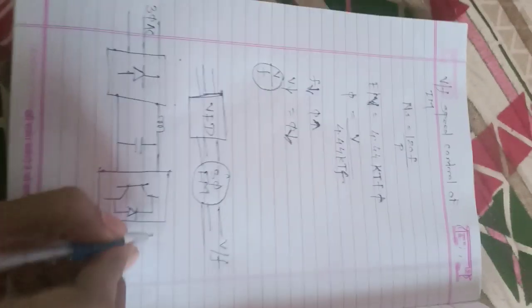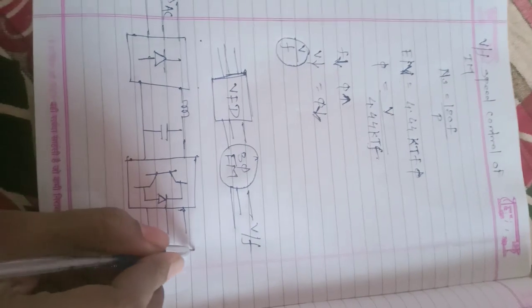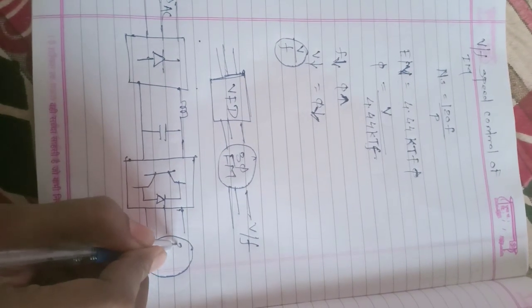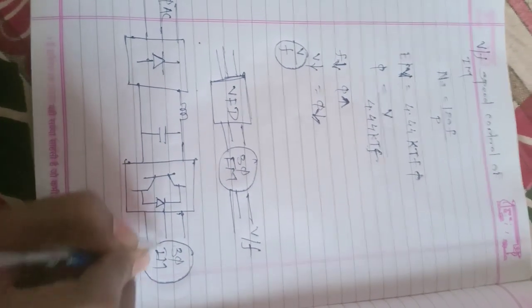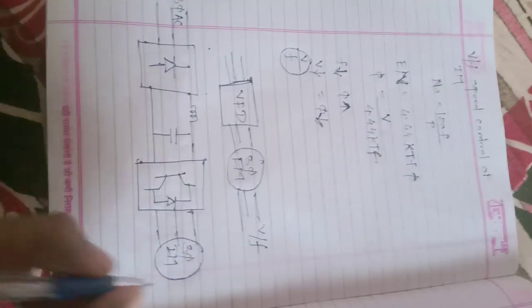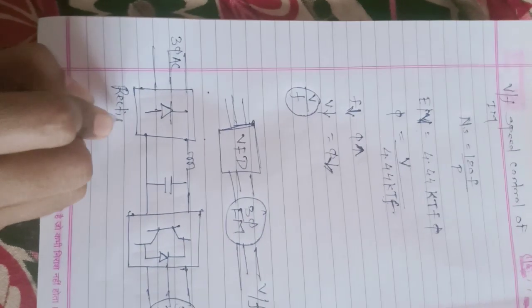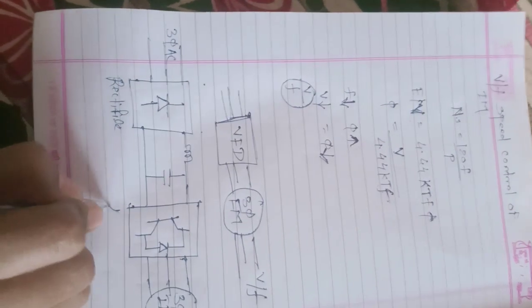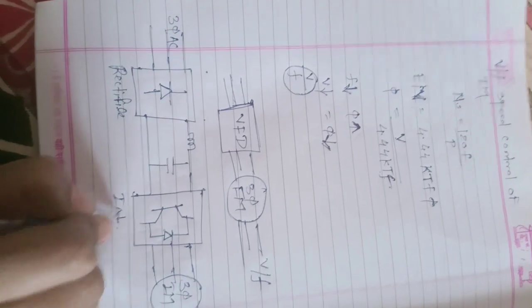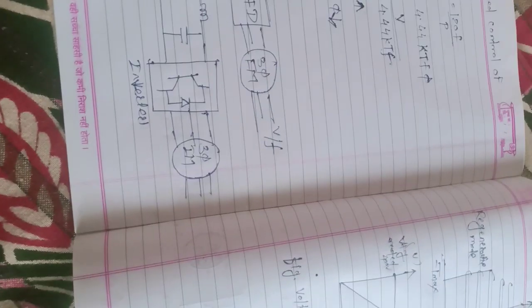Okay. Then this circuit converts DC into AC, and it is connected to the three phase induction motor. After that, what does the control circuit do? It keeps the V by F ratio constant. Here it is the rectifier stage, it is the inverter stage, and the control stage keeps V by F ratio constant.